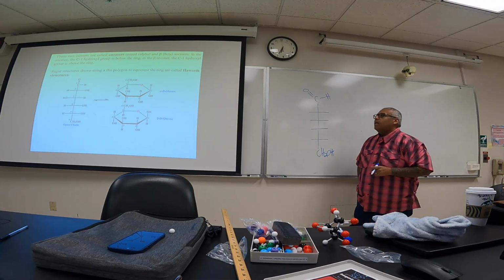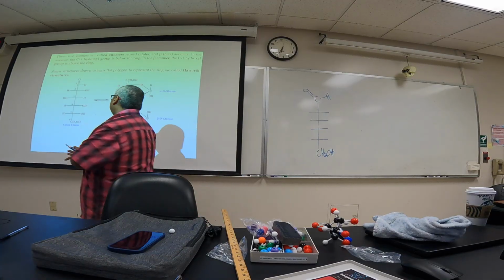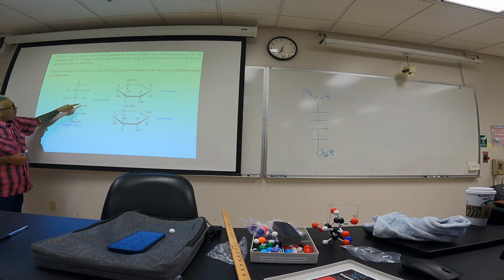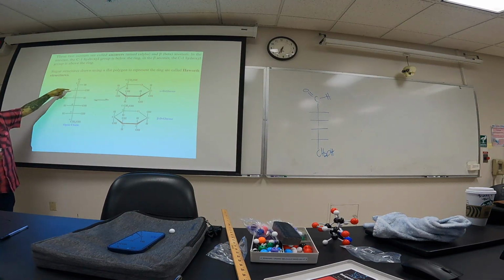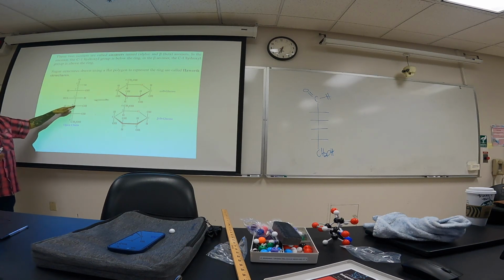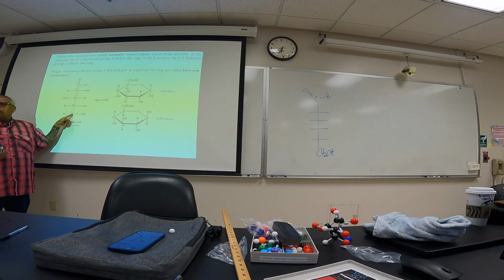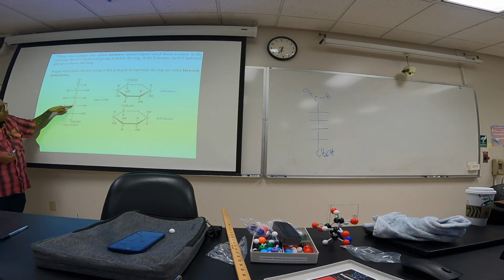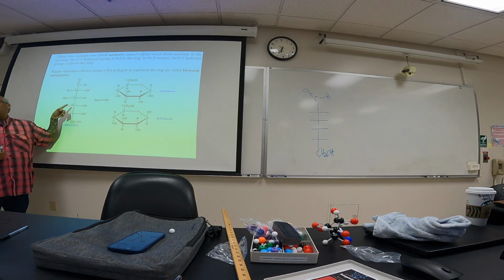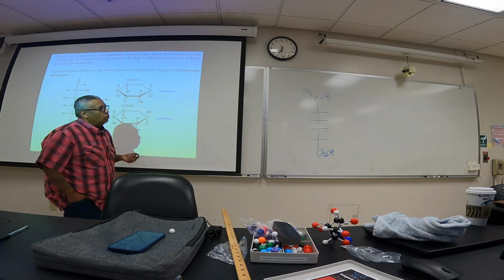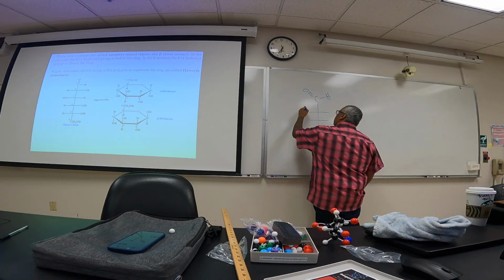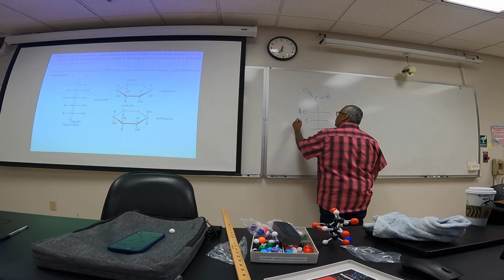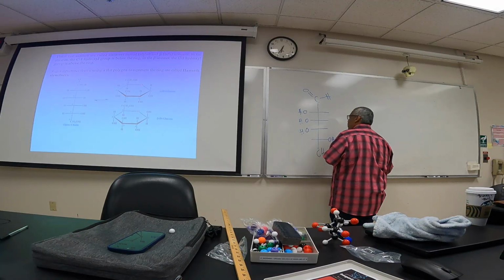Right? What makes this glucose are the locations of these hydroxides, and in particular the hydroxide on 2, 3, and 4. The hydroxide on carbon 5 tells us whether it's D or L. But carbons 2, 3, and 4, this is what tells us whether it's glucose or not glucose. So if I put the hydroxide here and this hydroxide here, and I'll put this one over here,